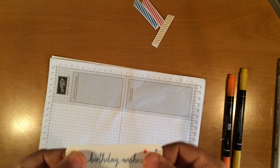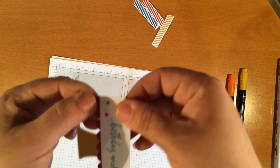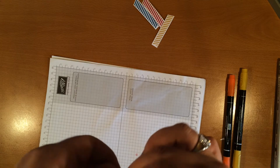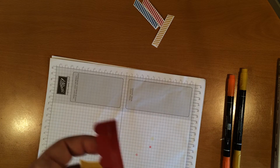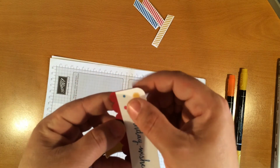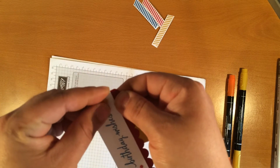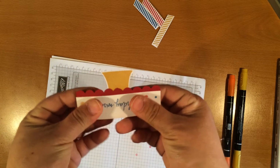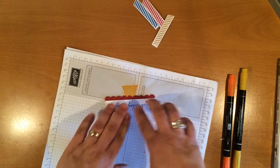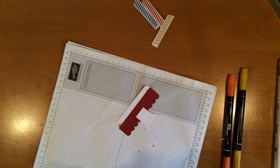Okay. So I think I brought it down too much. Hold on. Yeah, I brought it down too much. Okay. Let's try this again. So you're going to line that up to kind of go from edge to edge there, and give it some space on the bottom to kind of pop out some more. Alright, so now we're going to go ahead and adhere this piece